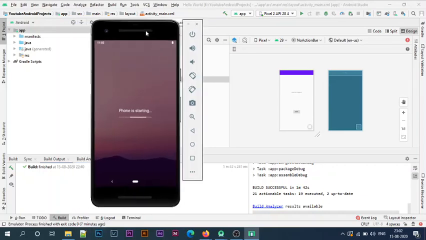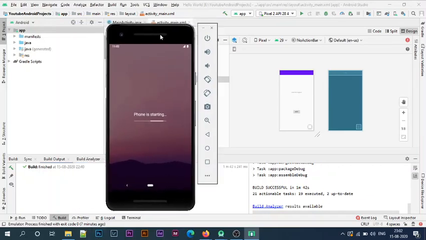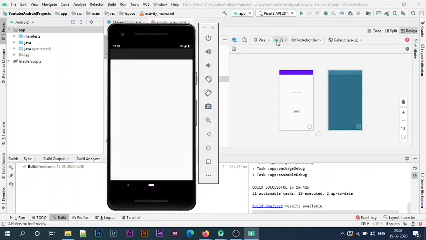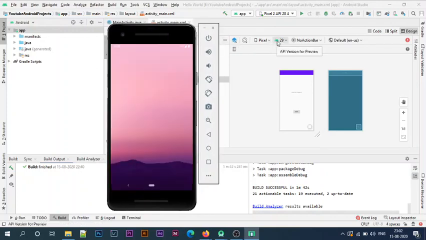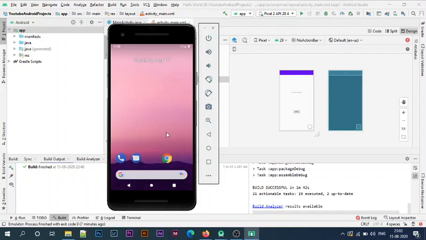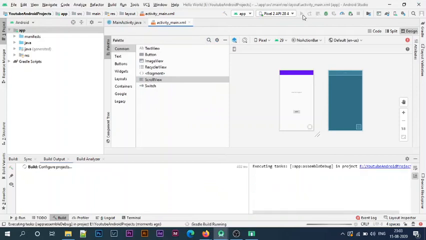The emulator is started. Now I will click on the run button option. Since it's being loaded, just wait for a while. Yes, it's loaded. After that I will click on the run button option.